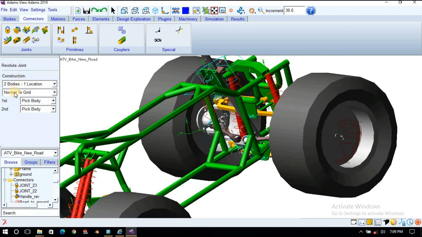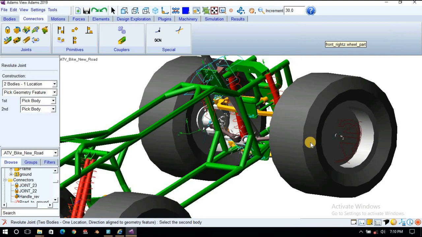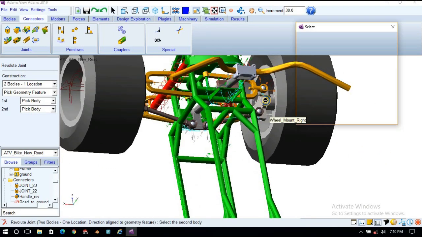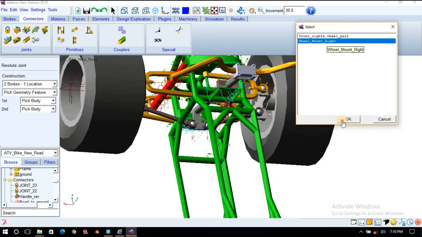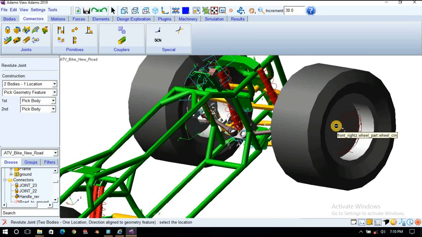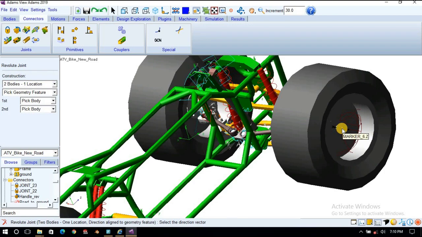Go to the revolute, not normal, pick feature. First body as a front wheel, second body as this mount, wheel mount. Then we'll choose this marker and its orientation.